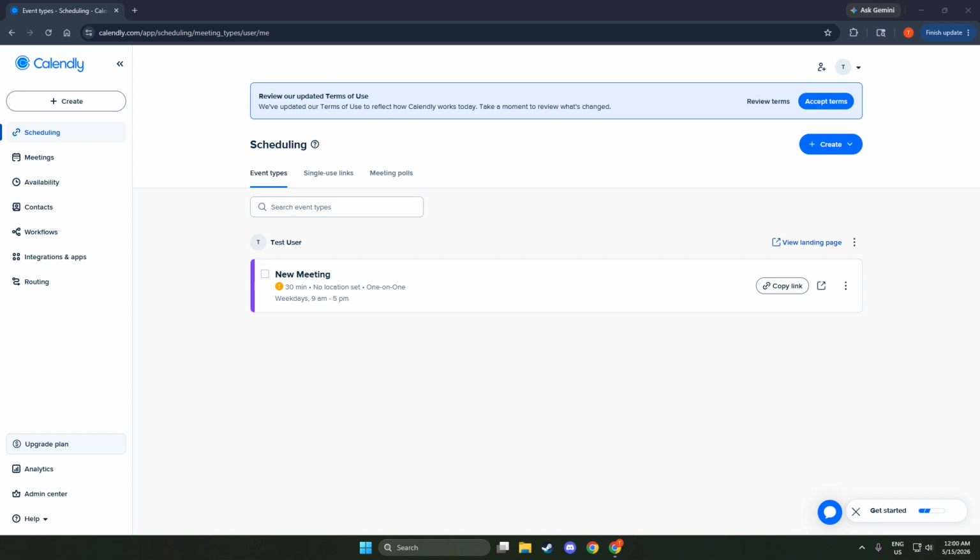Event types are simply templates for the kinds of meetings you want people to book with you. For example, you might have a 15-minute introductory call, a 30-minute check-in, or a longer session. Each event type comes with its own settings like duration, location, and availability windows. Take a quick moment to identify the exact event type you want to share. That small pause helps ensure you're sharing the right link for the right purpose, especially if you have multiple options